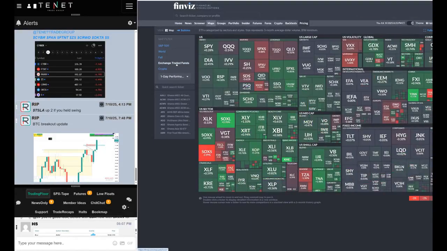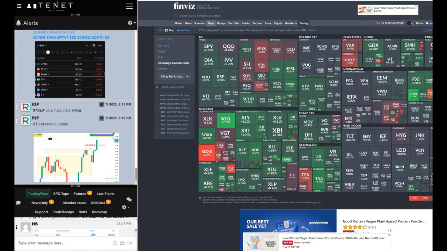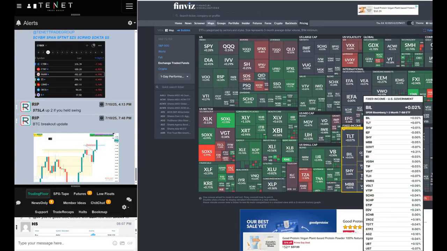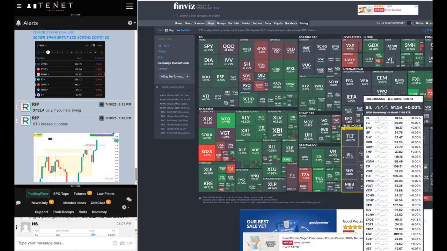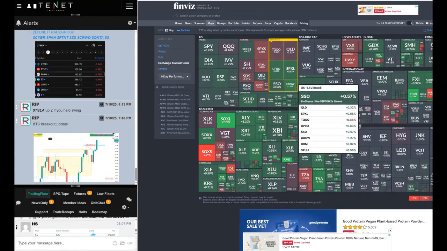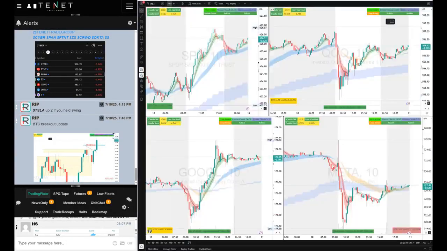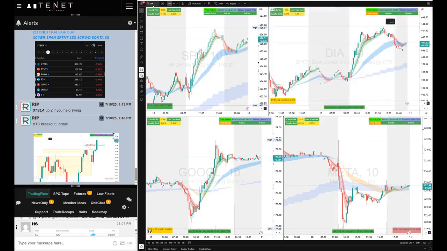Let's go here. We can take a look. You can see what indexes were strong. You can clearly see that the strongest sector was the Dow's, and QQQ was definitely weaker because at the end of the day, everything became strong. But when the market started this morning, the QQQ was the weakest, and I'll show you in a minute how we made money on that. SPY was not as weak, and now Dow Jones, which is DIA, was strong right out of the gate.